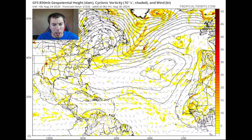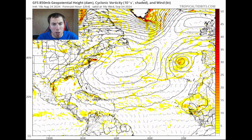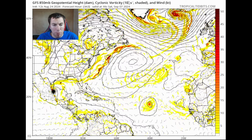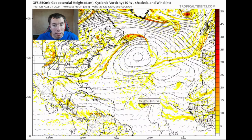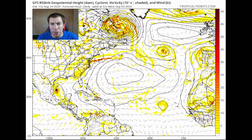The next 5 days otherwise looks pretty good in the tropics. And then, of course, the GFS is saying no to the dress. In other words, there's just nothing out there on the GFS model to be concerned about. However, there are previous model runs like the 12Z run showing maybe a developing tropical storm here, something coming off of Africa here, maybe something else right here, and then another big tropical wave coming off of Africa at that given time. And if we move this forward, that could become a formidable hurricane moving into Mexico with another system that develops. So right now the GFS is going back and forth,